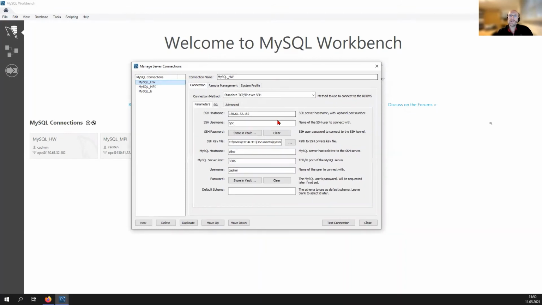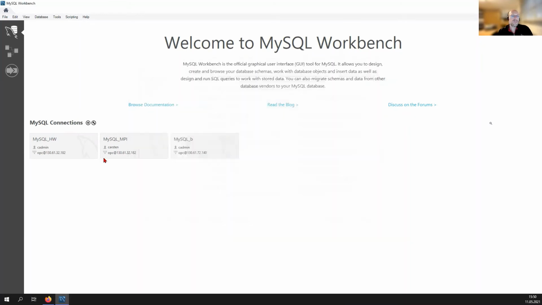In fact, I'm using the standard TCP over SSH connectivity, which means that first of all, I'm connecting via SSH to my host, which is ending on 182. And from this host, furthermore, I do a jump to my HeatWave, to the MySQL leading node environment, which is the system called CTHW. And when I connect to this instance,